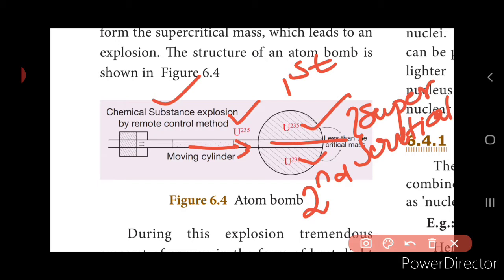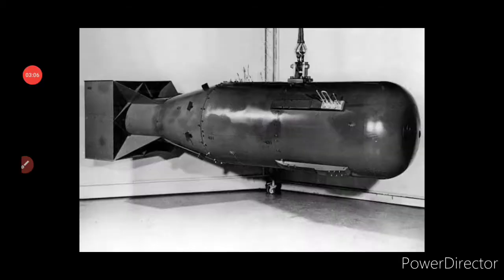Now during this explosion, what will happen? A tremendous amount of heat and light energy will be released, and the radiation that is released is very, very harmful, isn't it? If you see the region where the atom bomb is exploded, a very high temperature and pressure is formed in the region within a fraction of a second, because it emits lots of dangerous radiations like gamma rays, right? And this will also lead to adverse effects, that is, it leads to diseases in the living creatures present in the region.